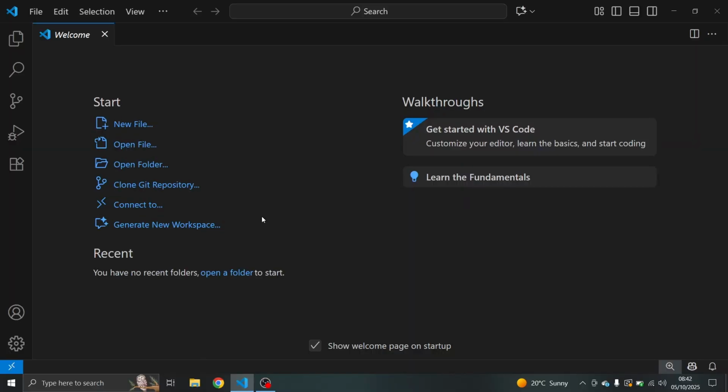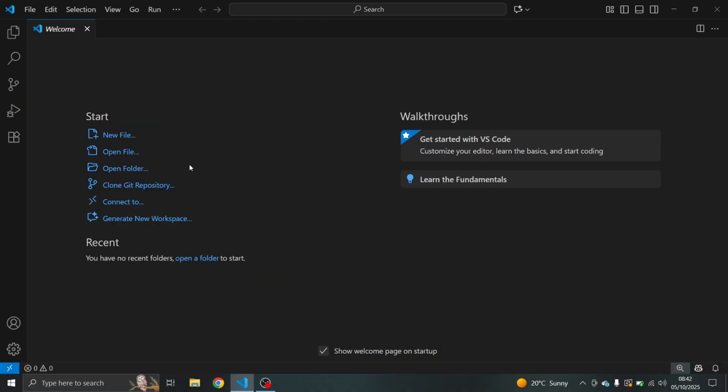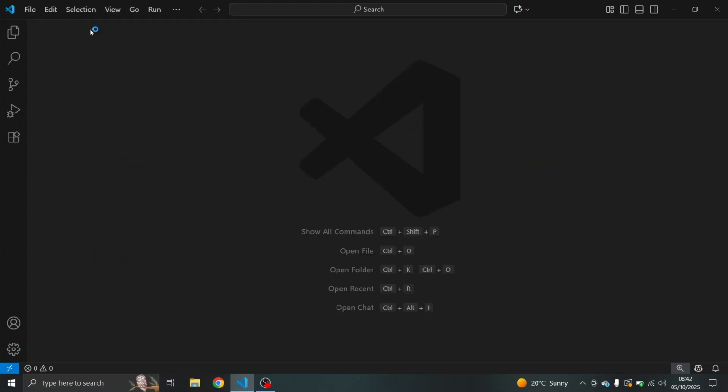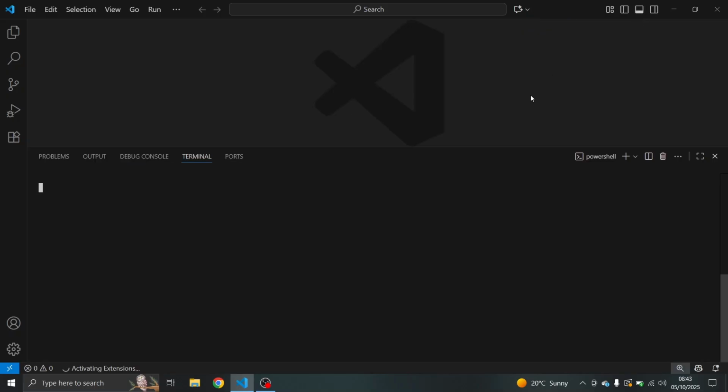Now I will open VS Code as you can see, and ensure that Git is not currently installed in my system, because that is the whole point of installing Git. And as you can see in my terminal, I will try to check whether Git exists, so that if it does not exist, we will go on